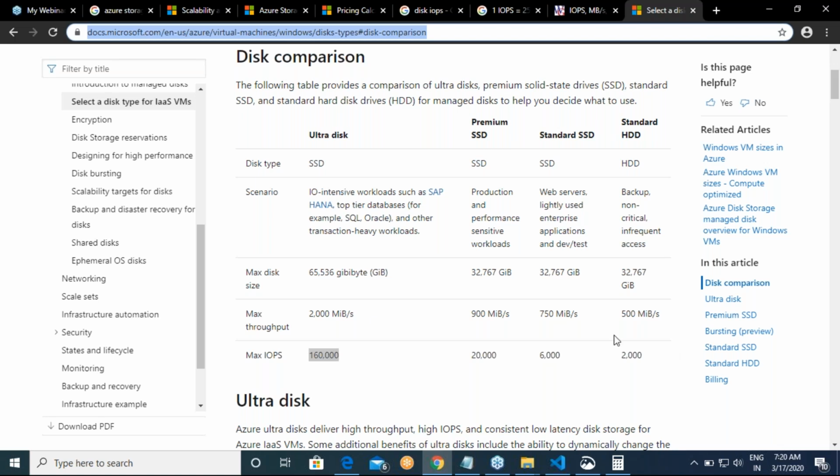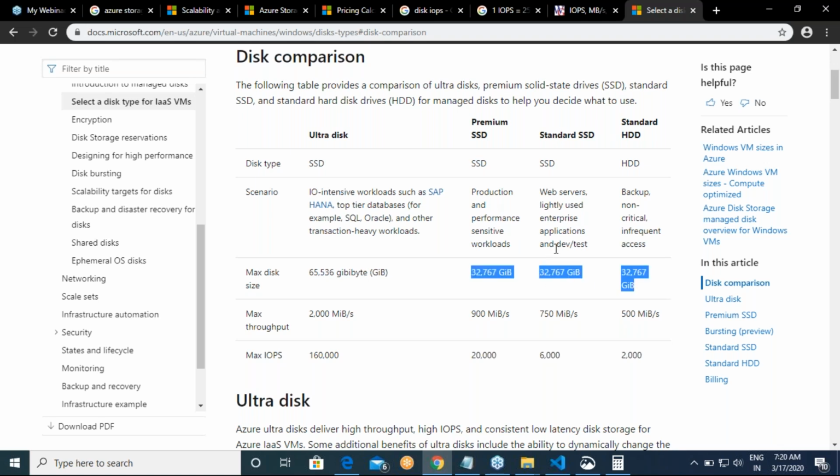So if you see over here, with SSD I can get 6000 IOPS. With premium SSD I can get 20,000 IOPS. Maximum disk size over here is approximately 65,536 gigabytes, here 32,767 gigabytes. So maximum size is the same over here.